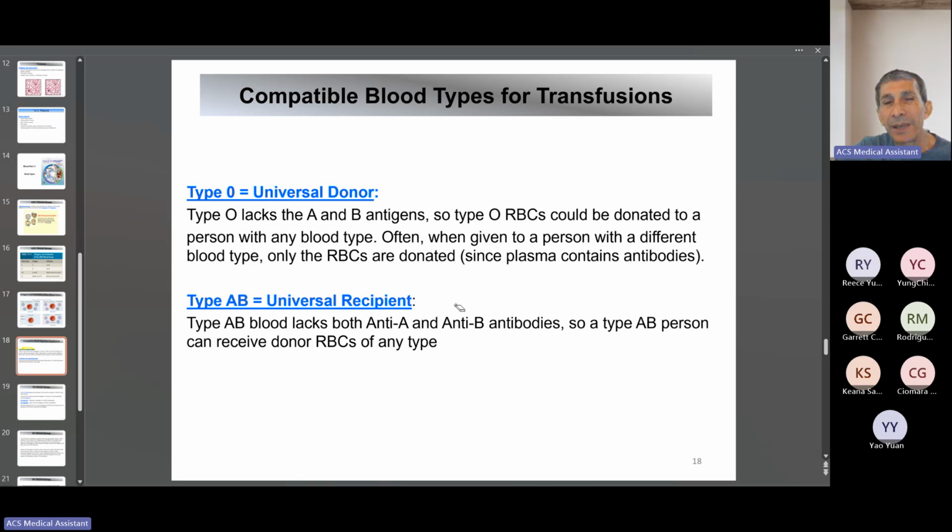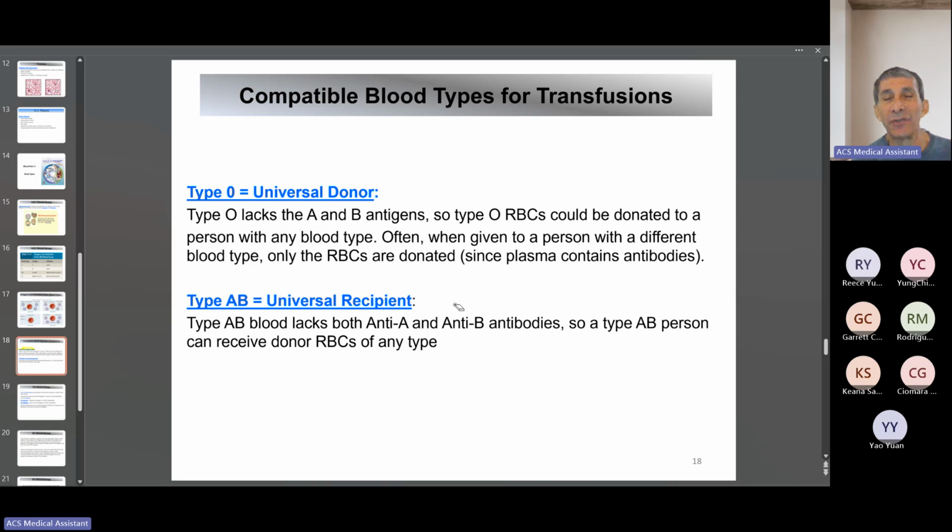Now, type AB is the universal recipient. See, it's the opposite of donor. I donate blood. Let's say that I'm type O. My blood can be donated for any type: O, A, B, AB. That's it. It can be donated to any one of them. But then